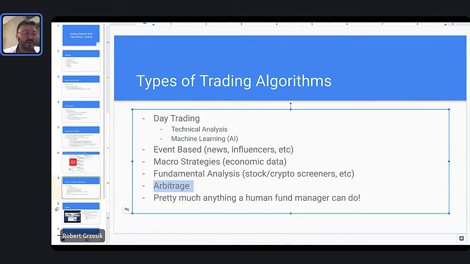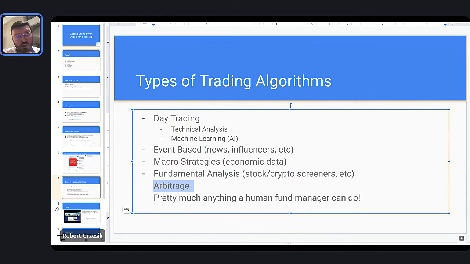Basically, what we're doing with arbitrage is we're taking advantage of price differences. One really simple example would be if you're looking at the price of Bitcoin. The price of Bitcoin back in the day used to be very different on different exchanges, right? It's come more closely now, but even in periods of stress, you'll still see pretty big changes happen. But back in the day, you used to go to Coinbase and buy Bitcoin for, let's say, $2,000, and then you would go to Kraken and you'd be able to sell it for $2,100.